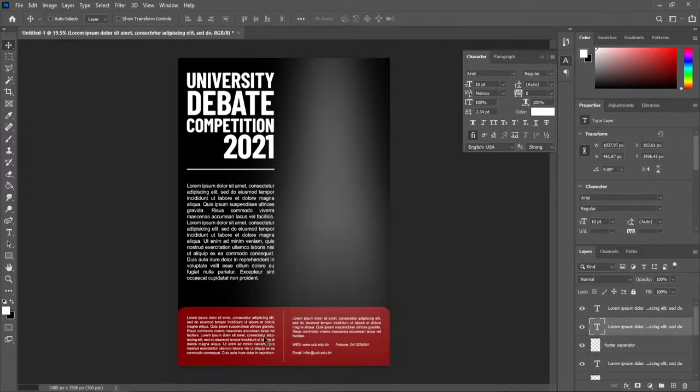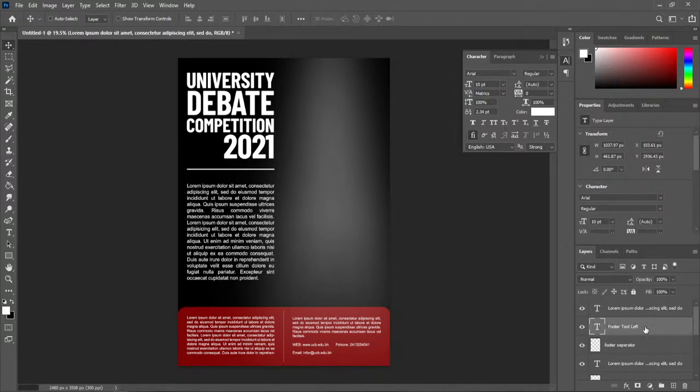So same thing I will do with this text, and same thing I will do with this text. So I will go to this text. First of all, I want to change the name of it so it will be easier, because whenever you write a text, by default it will rename the text layer to whatever is written. So I don't want that to be here, so I can just go to this text layer and type here, footer text